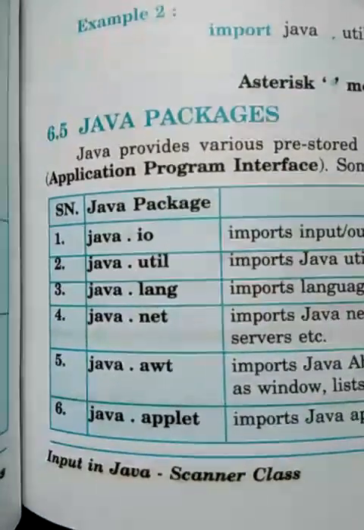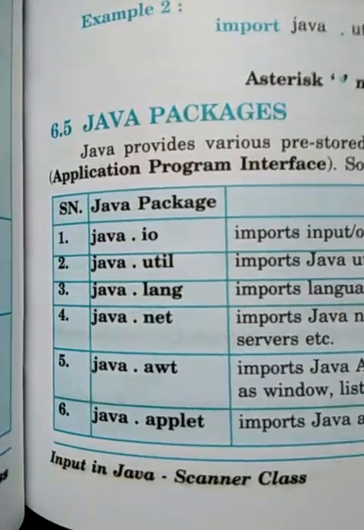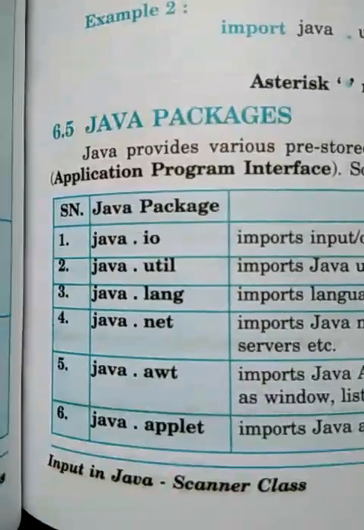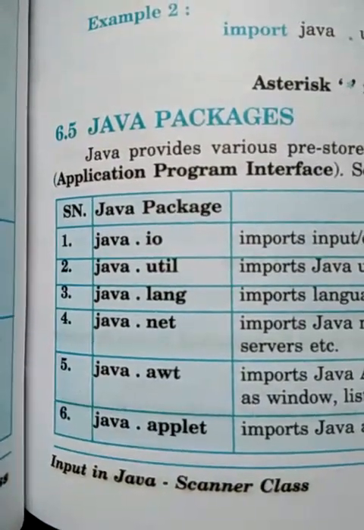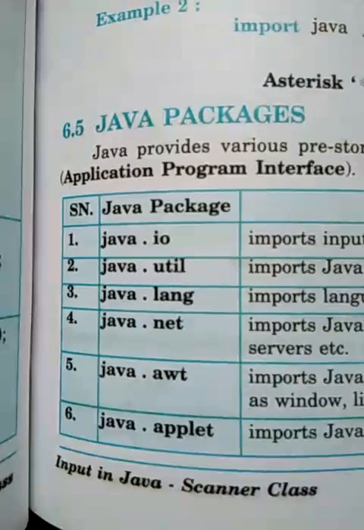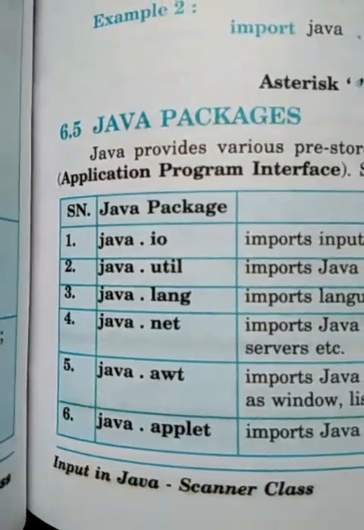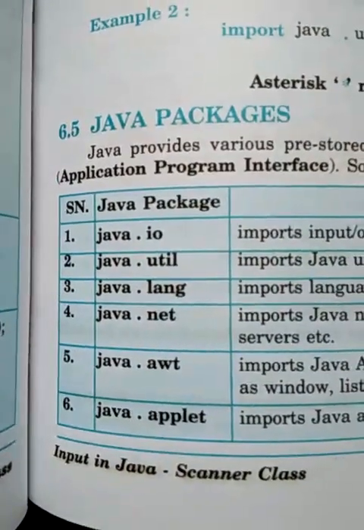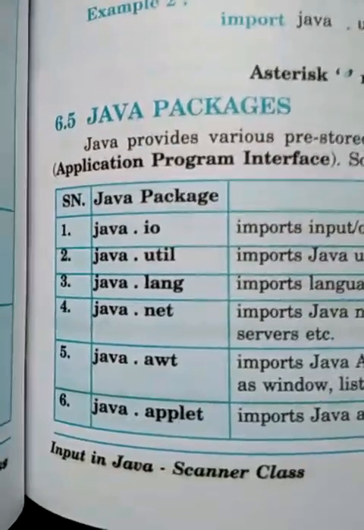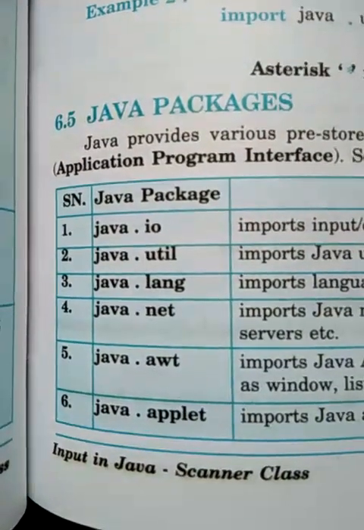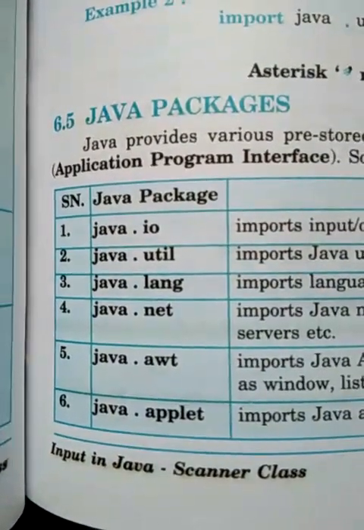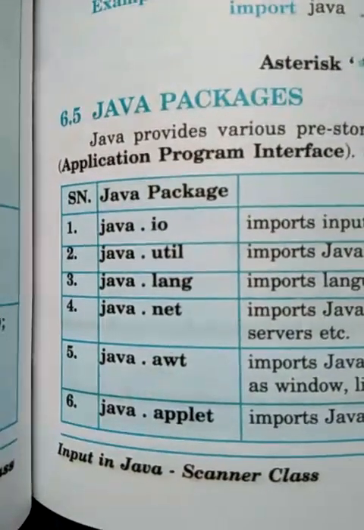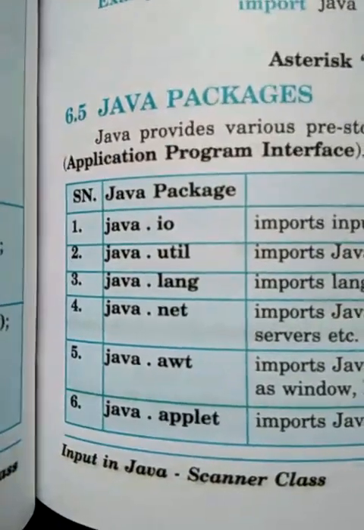Examples of different types of packages: java.io, which is used for buffered reader programming. Java.util, which is used for the Scanner class. IO stands for input output package, whereas util stands for utility. Java.lang is the language package, and this is called the default package, so we are not required to import it in our program. All the mathematical functions are executed by java.lang.